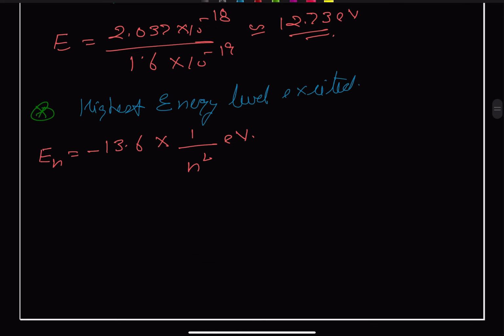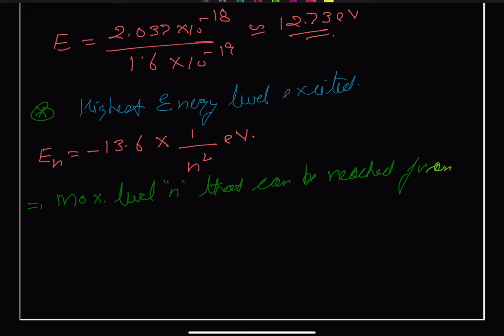So you can say that the maximum level n that can be reached from the ground state, it is given as